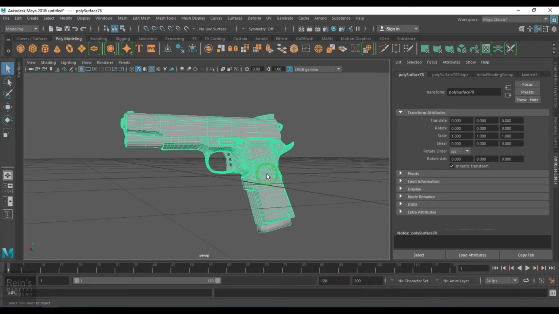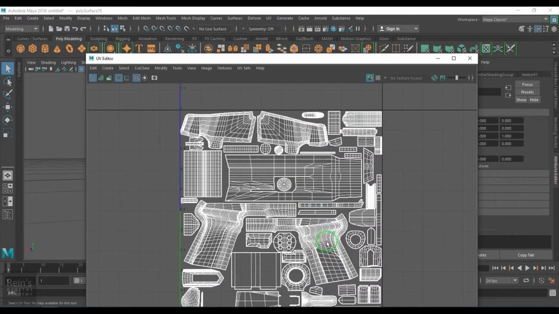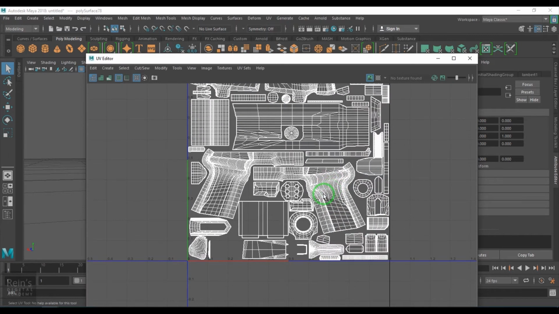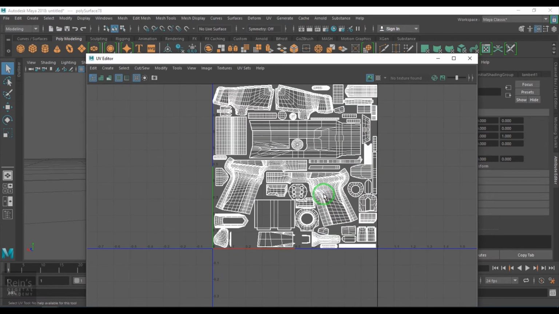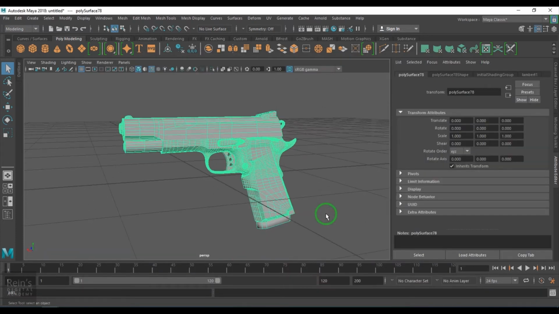This model is already UV done. If you open the UV editor, you can see that the UVs are already done and they are placed in the 0-1 region itself. If I have textures like ambient occlusion and curvature, it would generally help me in doing some procedural texturing for the gun.